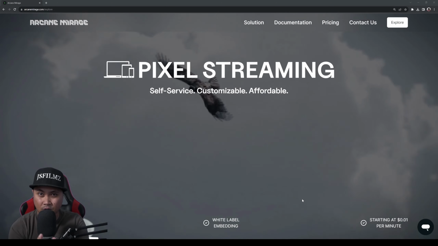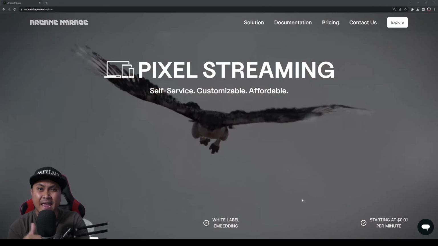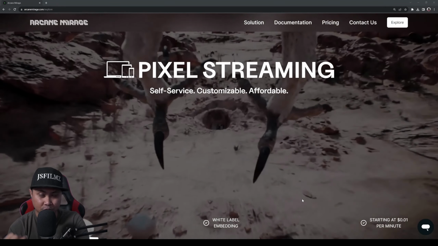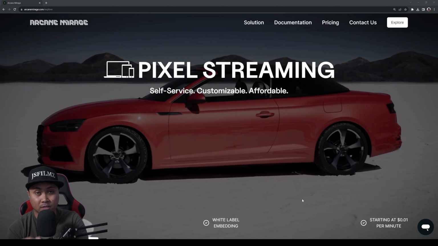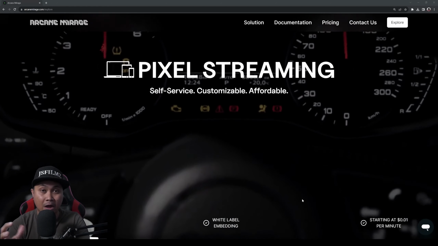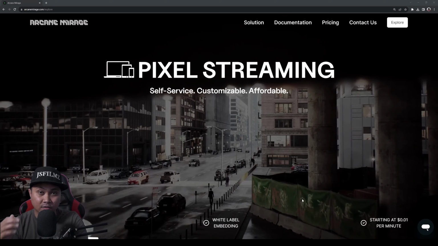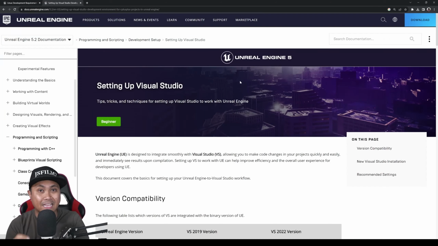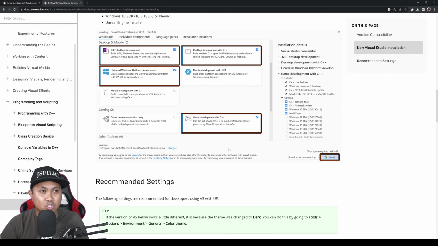All right, so let's get started with this process. Just a disclaimer, if you've never packaged anything in Unreal Engine 5.2, you will need to do some prerequisites on this. And again, I'm going to put the link in the description below, because right now I'm assuming you've packaged before and you know how this all works. If you haven't, you are going to need to install some files from Microsoft Visual Studio. Again, I'm going to put this link in the description so you can see how to install everything you need